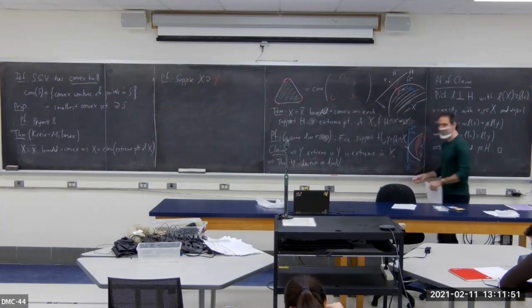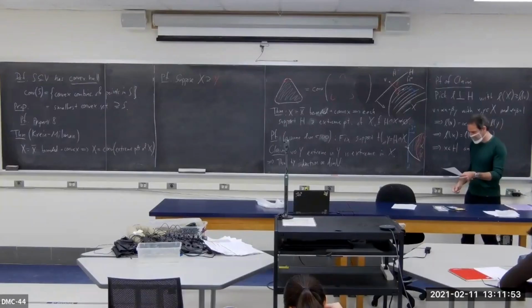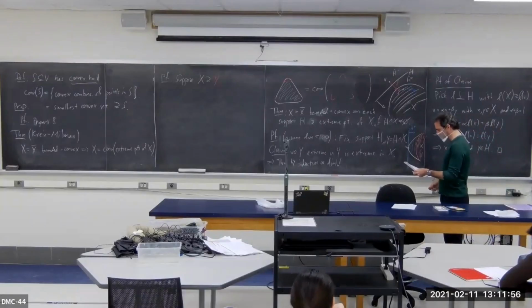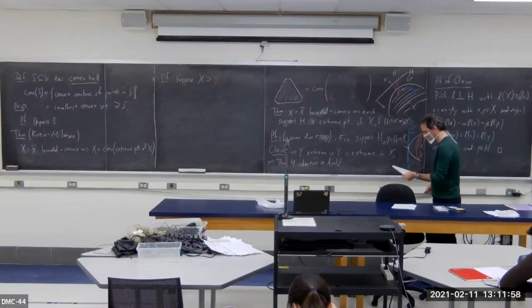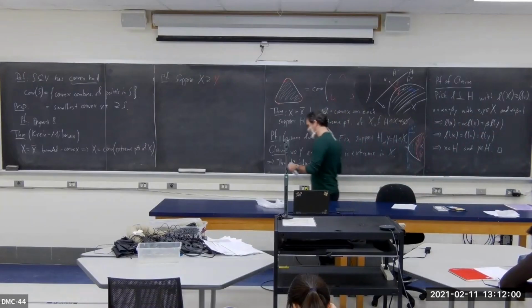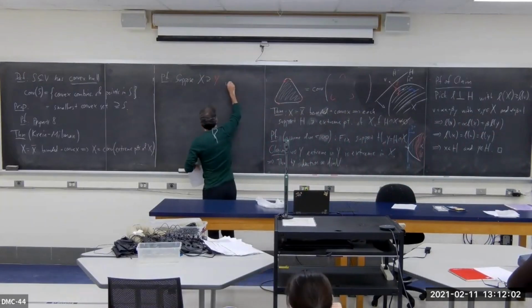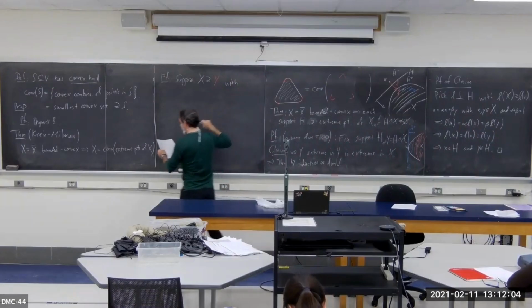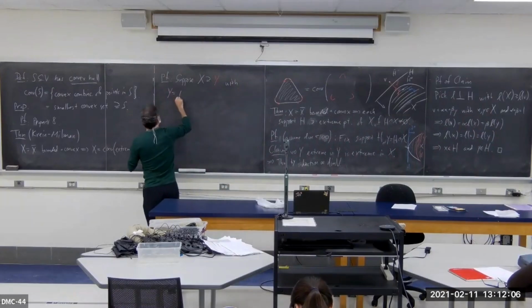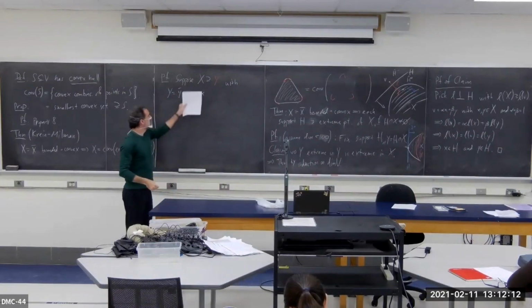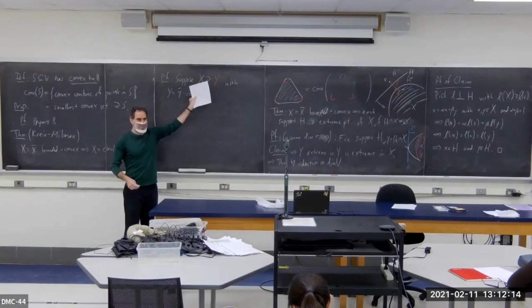So Y is going to be that red thing there. Let's suppose X contains that subset Y, with Y closed and convex. So what you should think is that Y is going to be the convex hull of the extreme points,